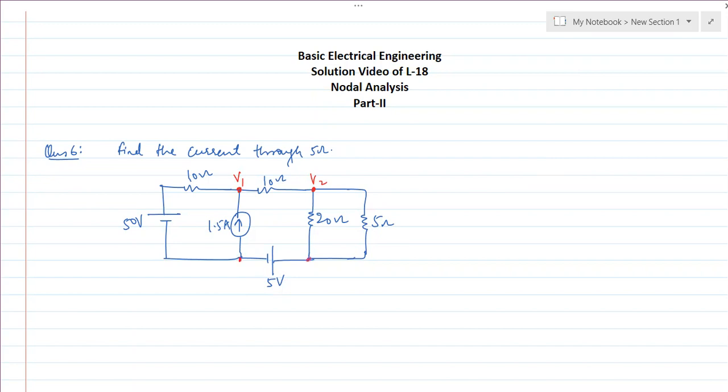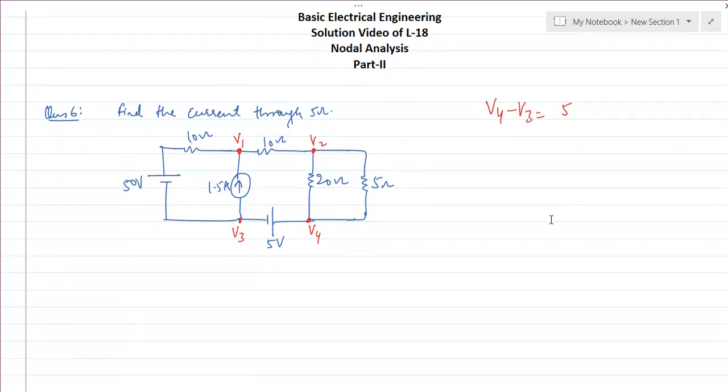So naturally these 2 points will be treated as separate junctions, because a potential difference is applied there. Let's take this one as junction number 3, and this one as junction number 4, with voltage V4. So we have 4 junctions. As you can clearly see in this question, V4 minus V3 is equal to 5 volts, on the bottom side of this circuit. That is the potential difference of 5 volts.